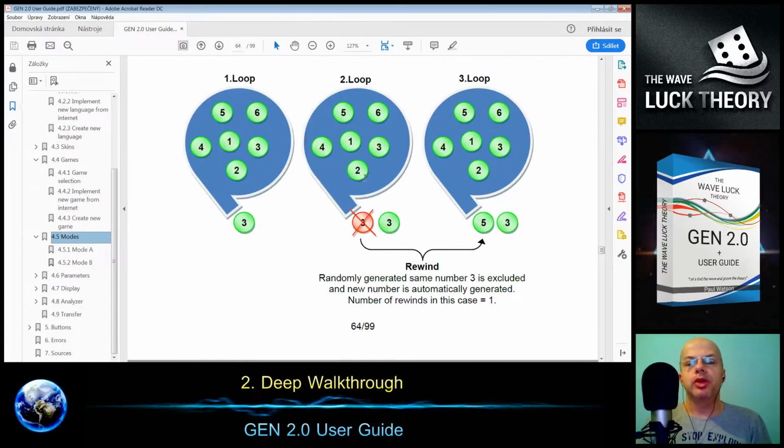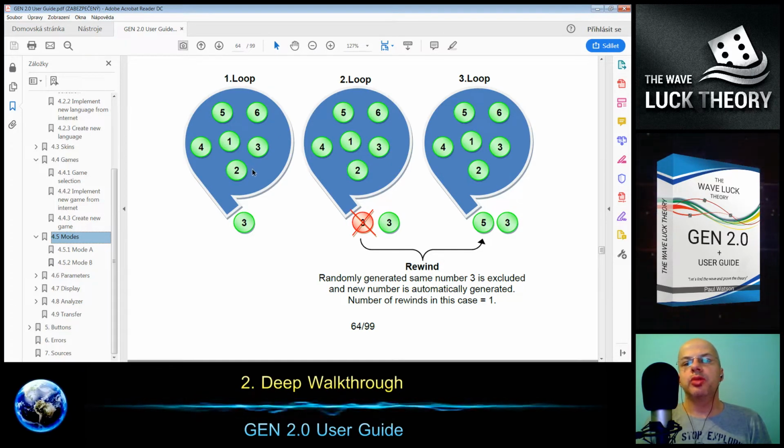So mode B means that we still have the same amount of numbers in the pool. For example, in the range from 1 to 6, we have 6 numbers, and if we select one number, there are still 6 numbers. So if number 3 is drawn, it's still inside.